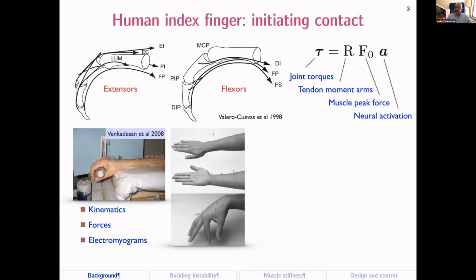And the geometry and how the cables are arranged around the joints create a lever arm that can lead to joint torques. And ultimately, these torques are driving your system. When we say feedback control in this context, we want to know how are these torques responding to things that happen. When we say elasticity of the finger, we mean, well, how are these torques arising because my muscles are being